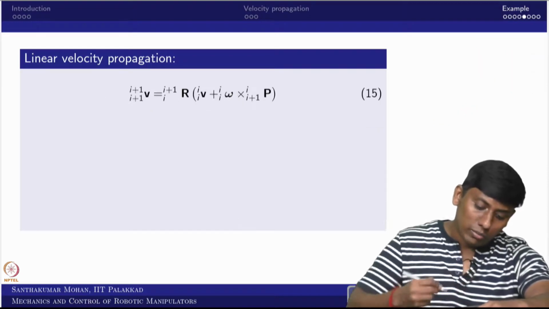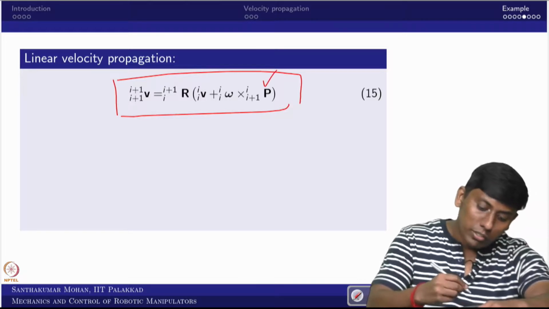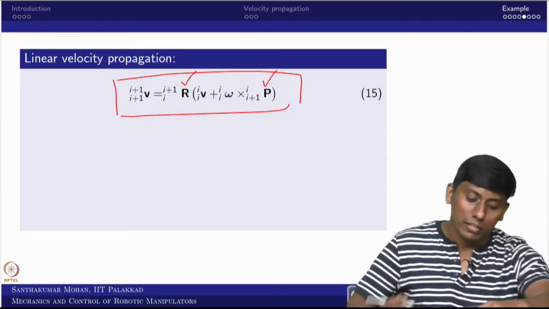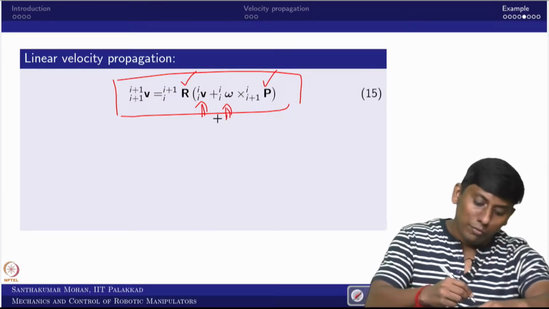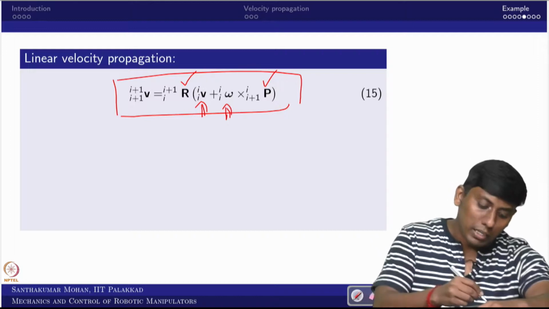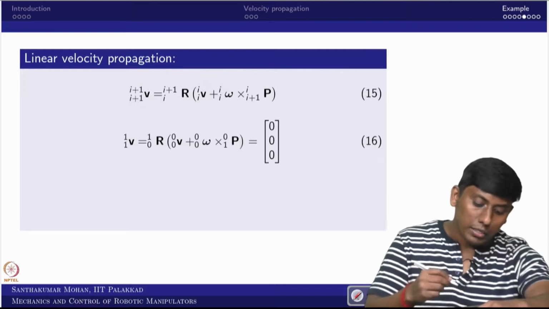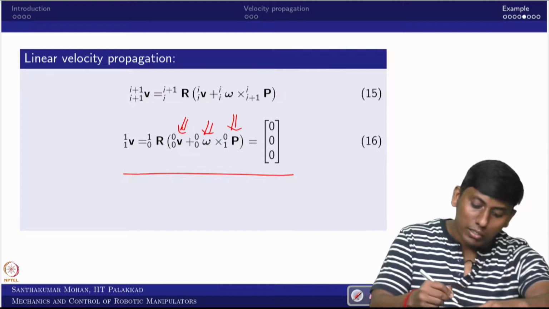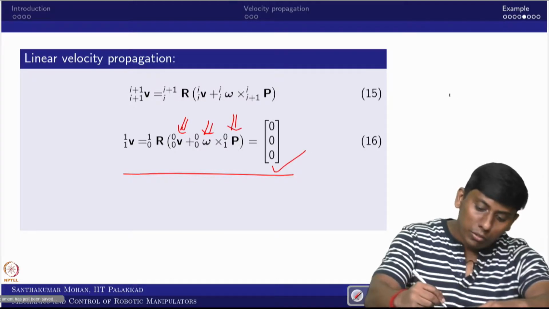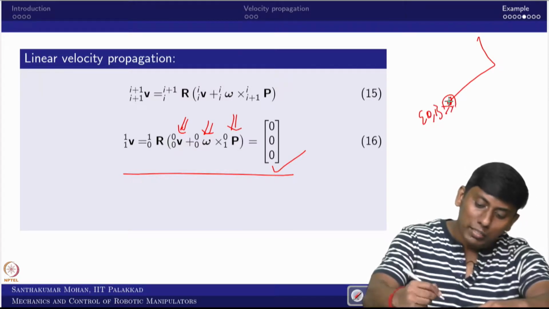Now we can go with the linear velocity propagation. We already know the position vectors, the rotation matrices, the 0th linear velocity and 0th angular velocity, and all the angular velocity propagation. So we can propagate v1 1, v2 2, and find all of those. For v1 1, we know this, and we know the position vector, so you can cross check. This is frame 0 and 1. You can see that they are on the same axis, so there would not be any linear velocity.